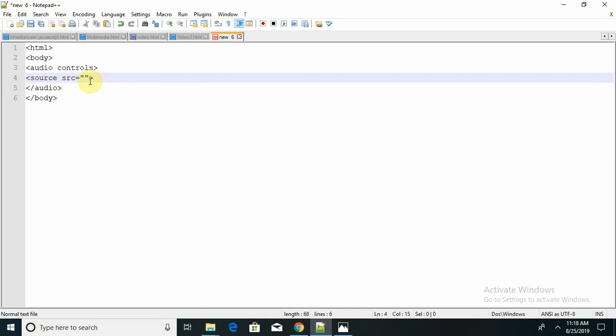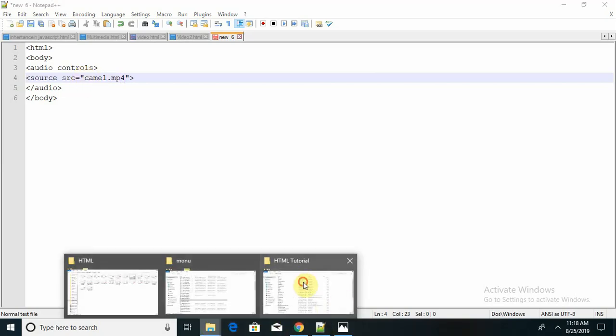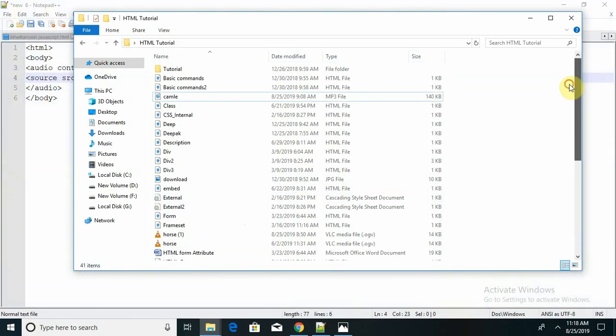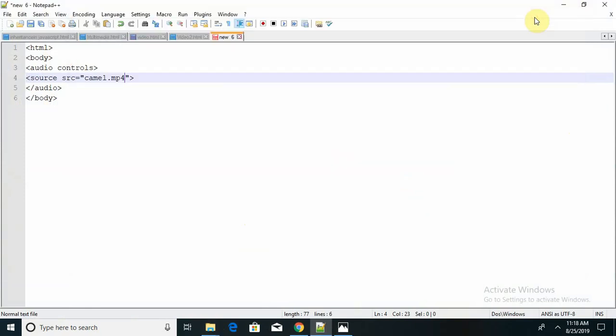My audio file is in the same folder, so here I am directly giving the file name, camle dot mp3,